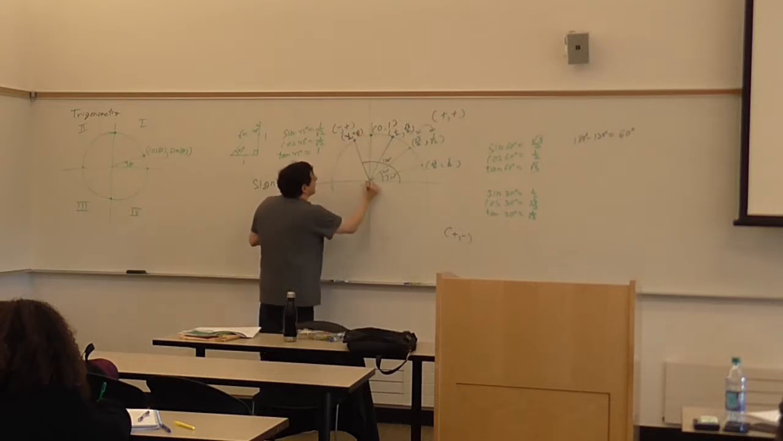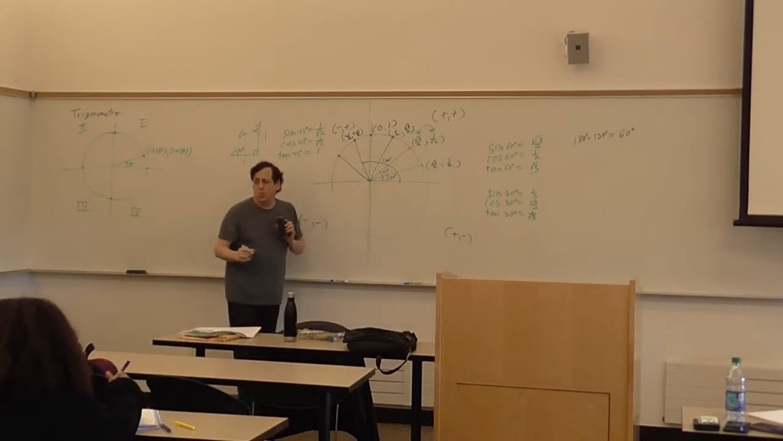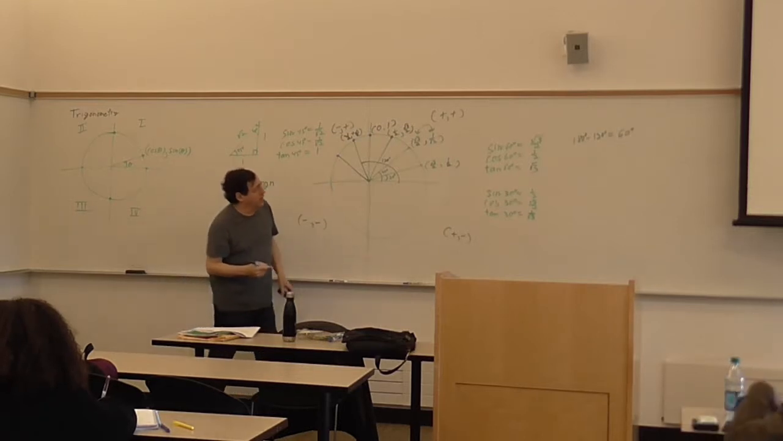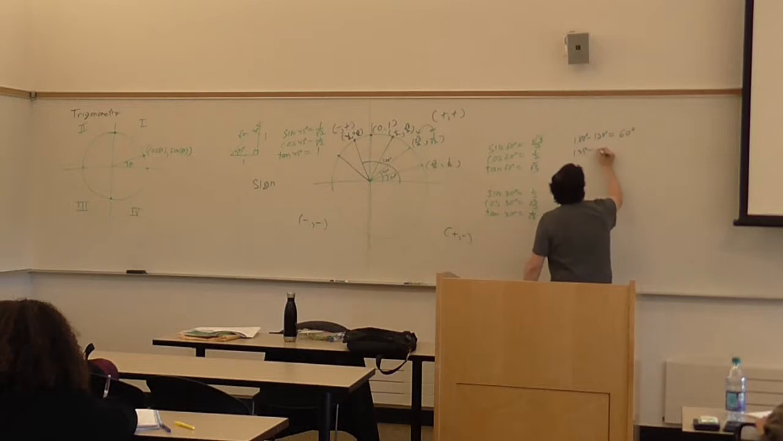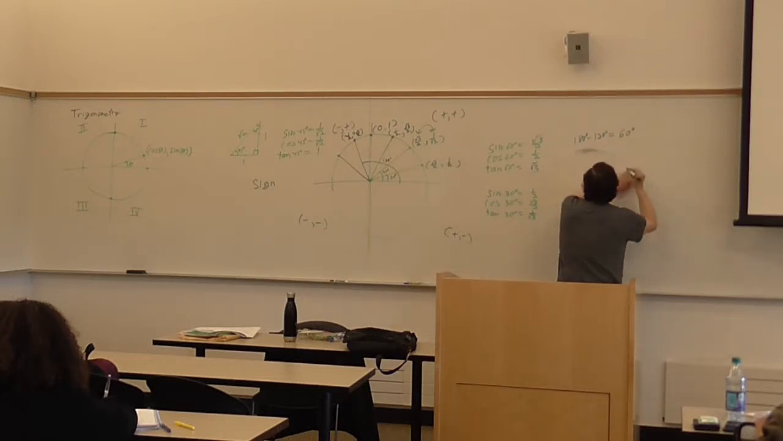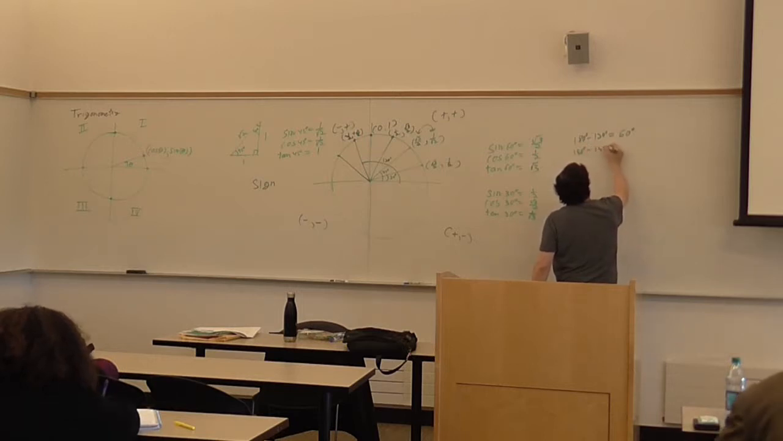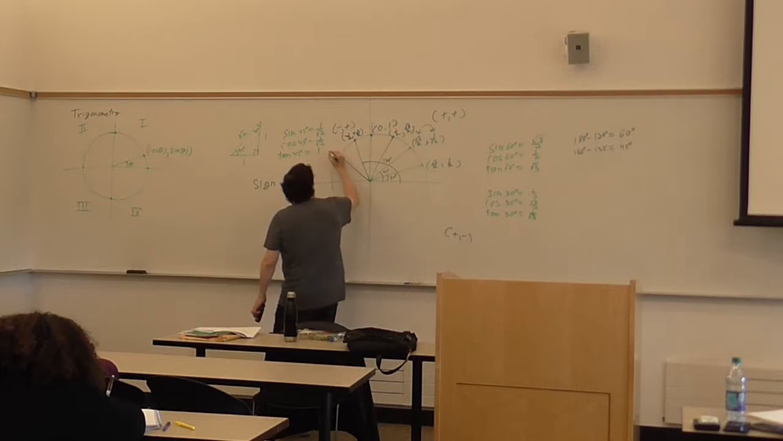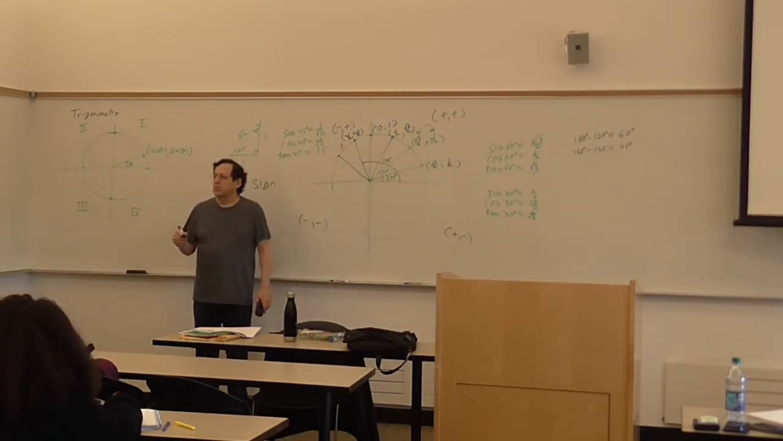Okay, good. All right. Now we're over to 135. 90 plus 45. So again, the reference angle, 180 minus 135 is 45. So the cosine of this angle is